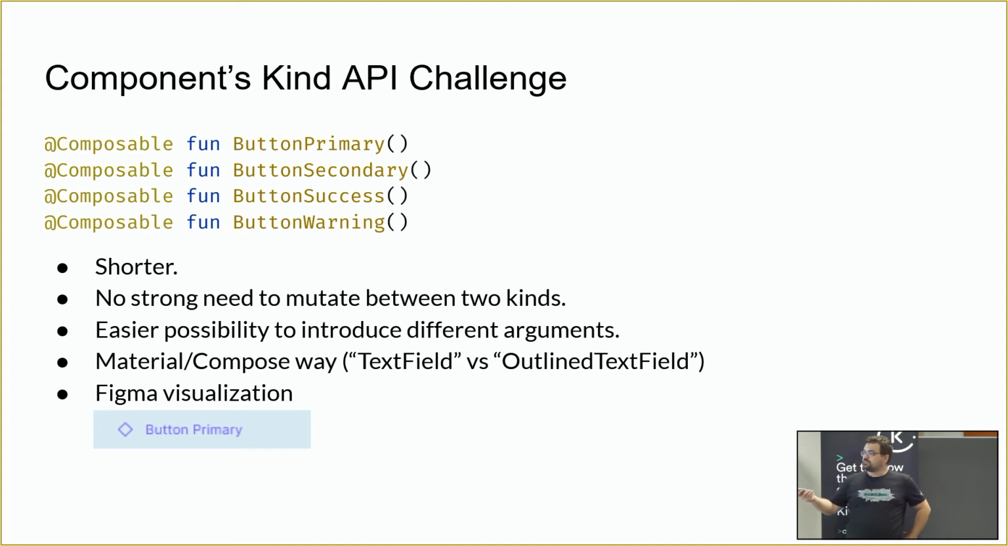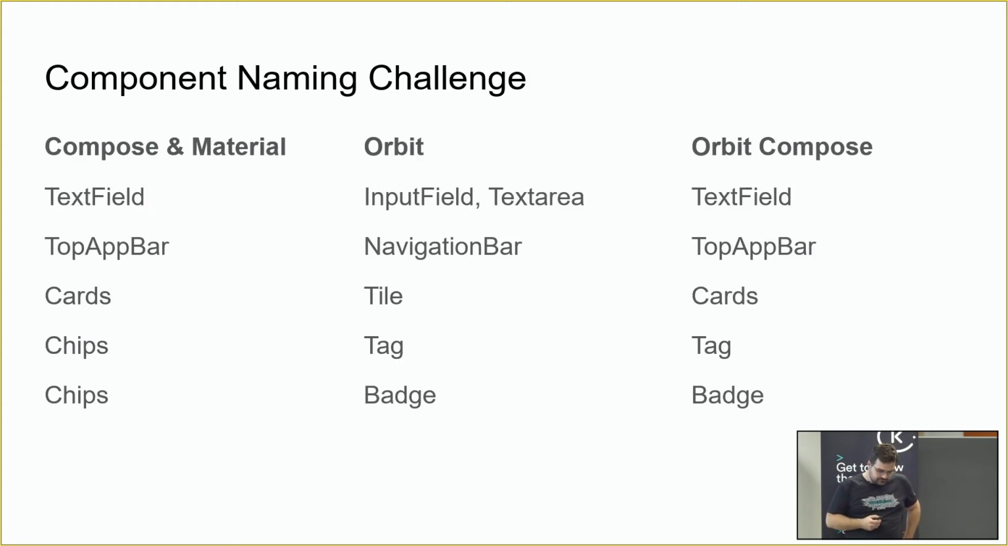And as we realized after the decision, also the Figma is showing the component name similarly to our implementation. So I would say it's also ideal for our developers. So we have solved the API design challenge, but still there is the naming challenge,